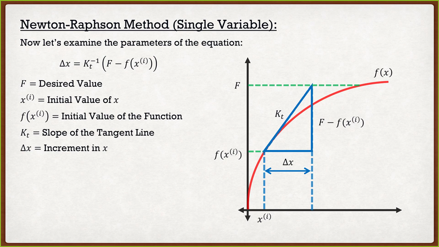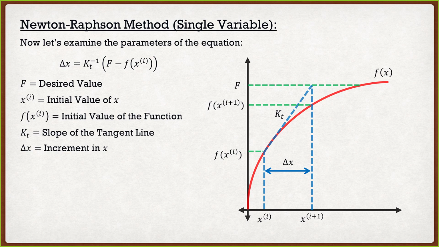We know the slope of this line. So since we know the slope of the line as well as the height, we can figure out what that delta x is going to be. Now what's nice is after we figure out what exactly that delta x is, we can say that this new point is x of i plus 1. Nice and simple, right? At least I'm hoping so. And at this value here at i plus 1, we have a new value of f of x, or a new value of stress. So I'm hoping you guys are starting to see what exactly has happened. We start off with an initial value, we perform an increment, and now we are one step closer to that desired value of F.